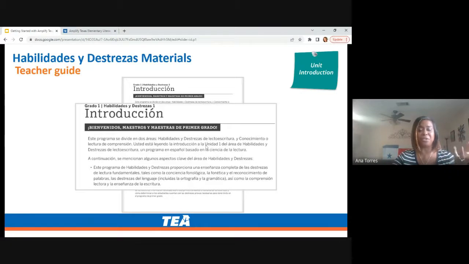Knowing that, the Amplified Texas program introduction gives you a total overview of the skill strand, and it includes descriptions of the strand materials and components, and it also highlights key unit and lesson features. And in addition, that introduction for the unit is super valuable. You will find, even looking at this really nice example here, a summary of those specific skills that will be covered in the unit. So reading that unit introduction in each teacher guide is very, very important as you prepare for that unit, which we'll cover in more detail a little bit later.